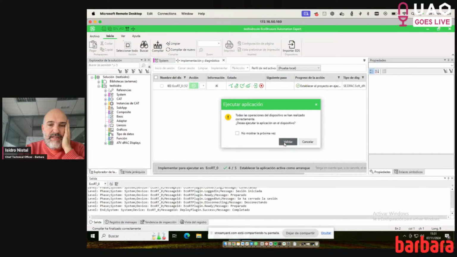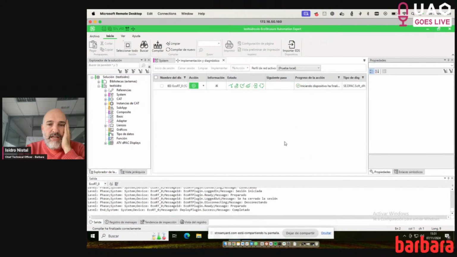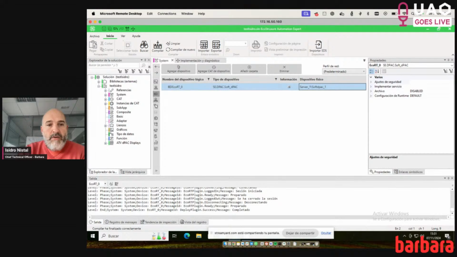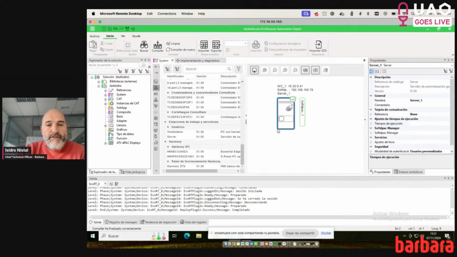It tells me if I want to execute the logic, and it's done. So what we have seen here is very simple. I haven't really deployed anything; I have just connected to the runtime and deployed, let's say, the empty program. But the reality is that now I have one soft debug that I can be managing from anywhere in the world,